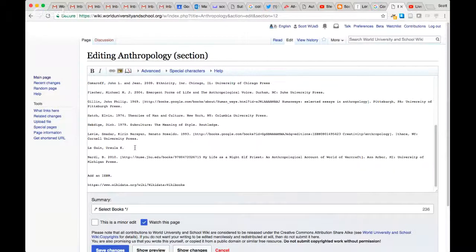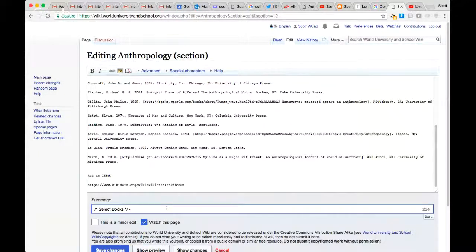Her father was a founding anthropology professor at UC Berkeley, and after whom the anthropology building at UC Berkeley is named, Kroeber. So I'll write that in. And I know the book was published in 1985, and it's called Always Coming Home. And I think it was published by Bantam Books. And I can check on that, and if it's wrong, I can change that very easily because this is a wiki.